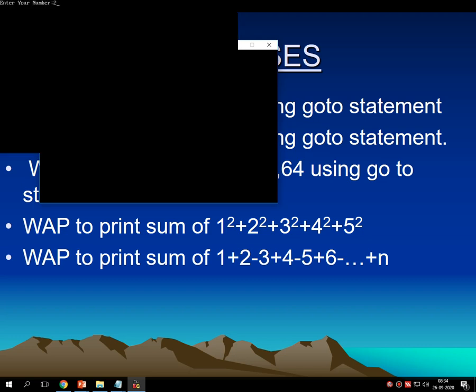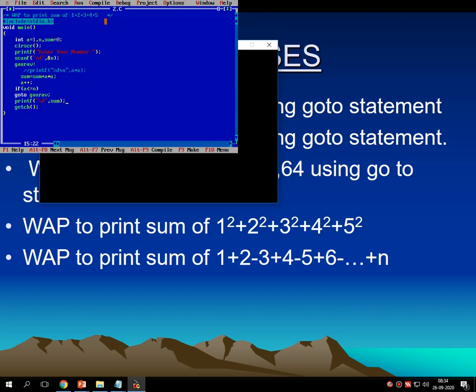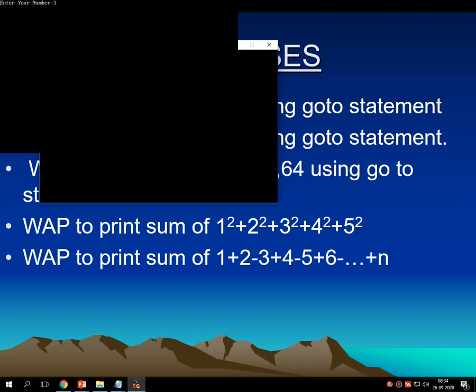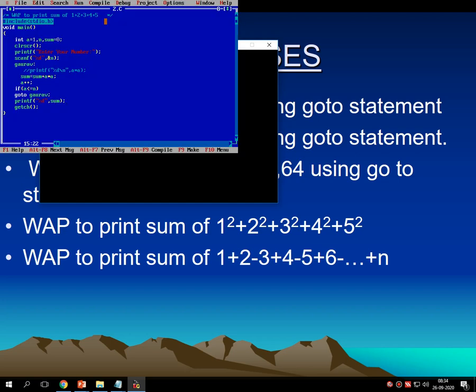Let's say for example I am entering 2, then 1 square and 2 square. 1 square is 1, 2 square is 4. So 4 plus 1 equals 5. 5 is the correct answer. So it works. Let's check for 3. For 3, 1 square is 1, 2 square is 4, 3 square is 9. So 9 plus 4, 10, 11, 12, 13 and 14 should be the answer. It's correct. So let's see how it works